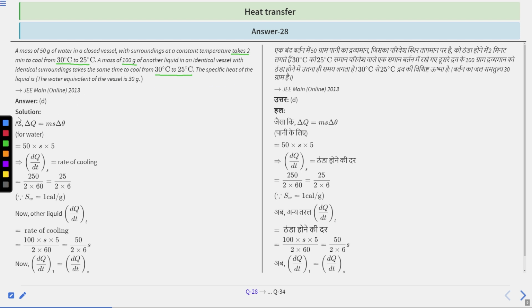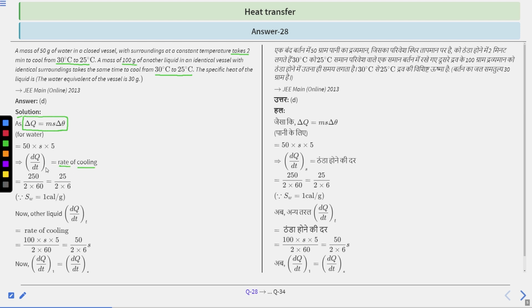So we know delta Q is equal to m s delta theta. This is the formula for water. So here the mass is 50 gram and s multiplied by 5. Clear? So solving this equation we will get some quantities, and